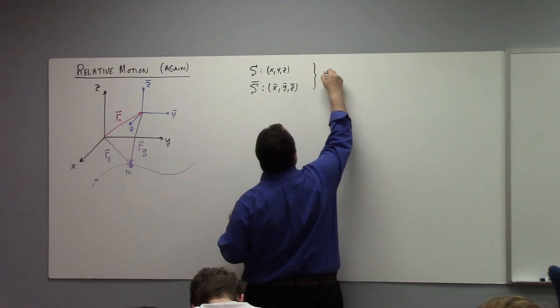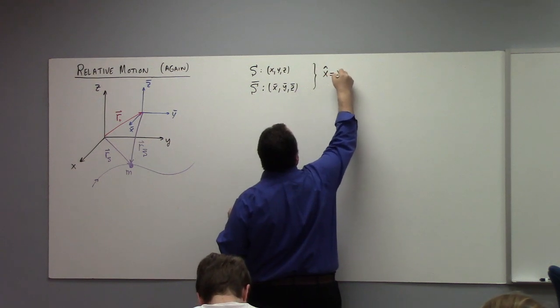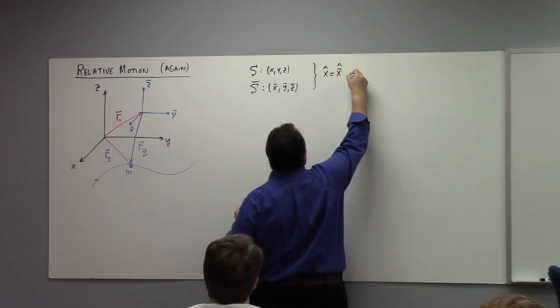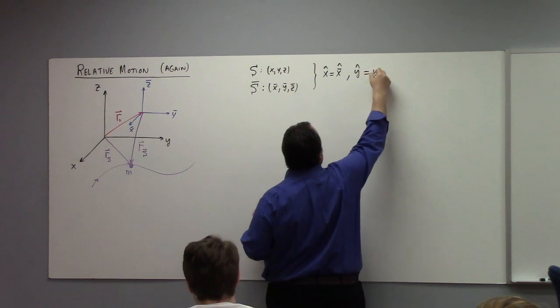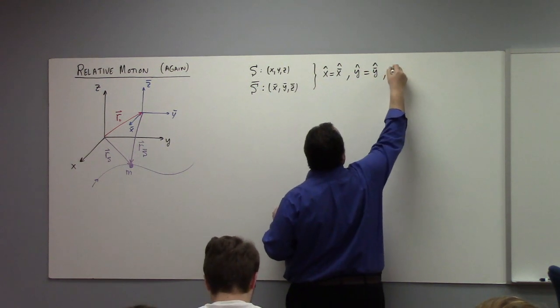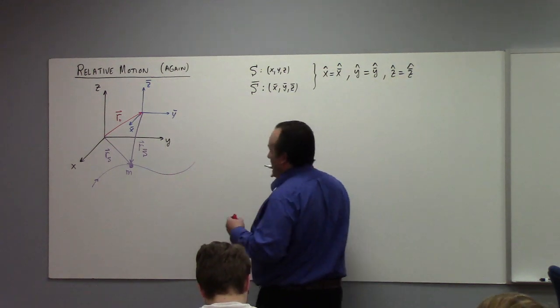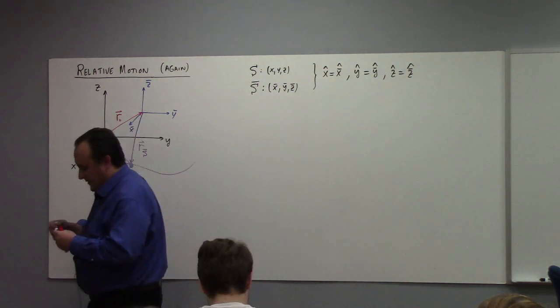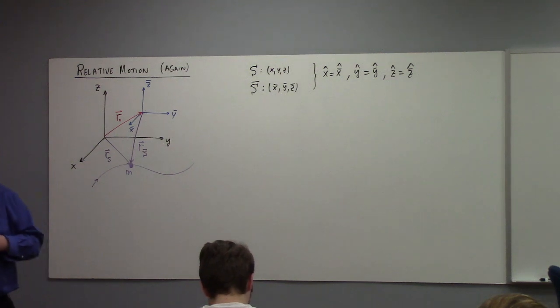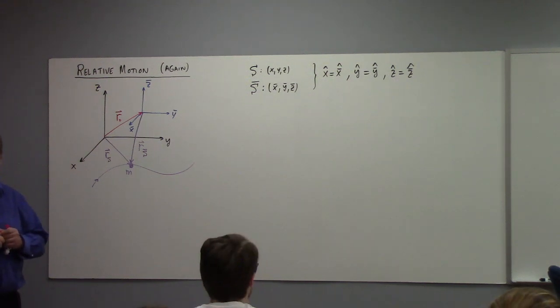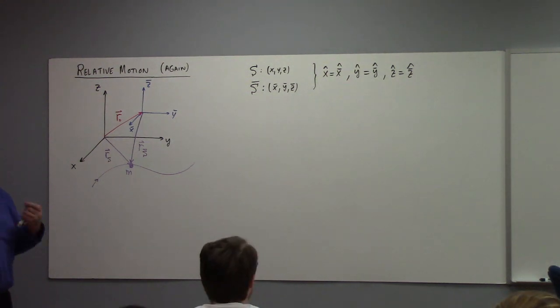These are related because I'm assuming that x hat is equal to x bar hat, y hat is equal to y bar hat, and z hat is equal to z bar hat, which is to say that we can obtain the coordinate axes by a parallel translation. So I'm not considering a rotation like I was last class at one point. So if this is the situation,